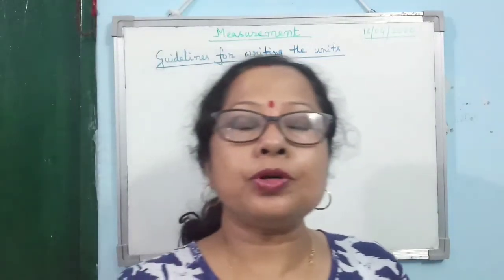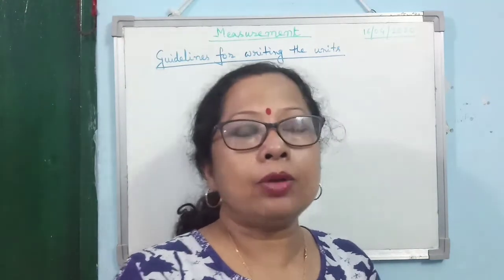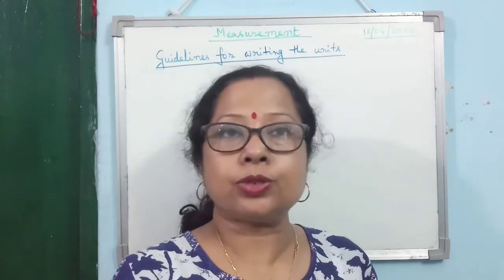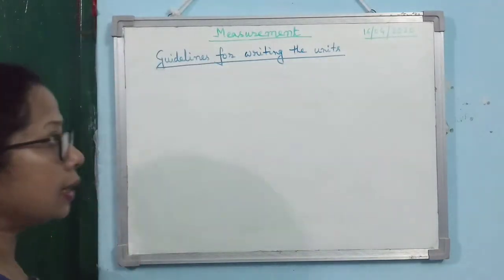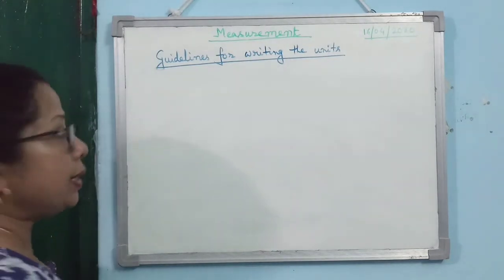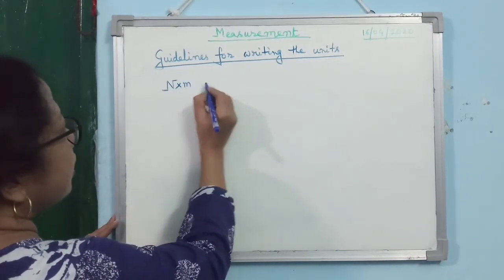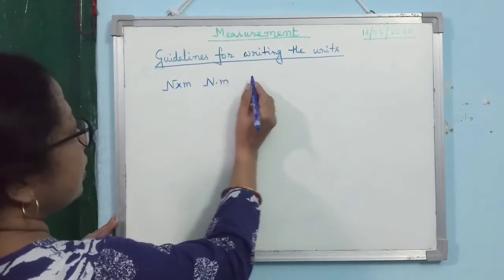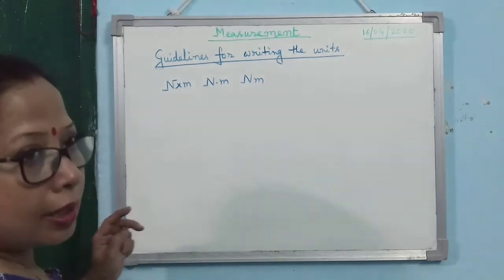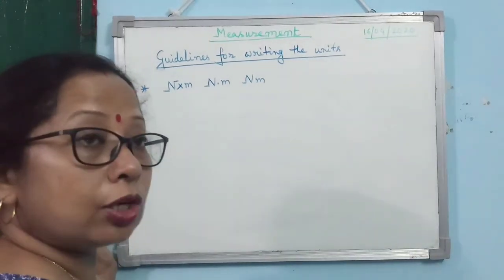The next is, suppose there is a compound unit that you get by multiplying 2 units. Then remember, when we multiply 2 units, either we put a cross or a dot or a space between the 2 units. Consider the example, the moment of a force. How we define it is newton meter. So either you will write newton cross meter, or newton dot meter, or newton, then a space, and then meter. Is that clear? So this is the way to write any compound unit which is a product of 2 units.